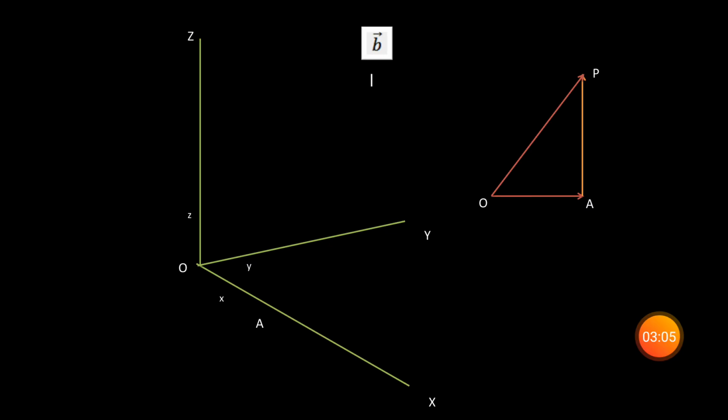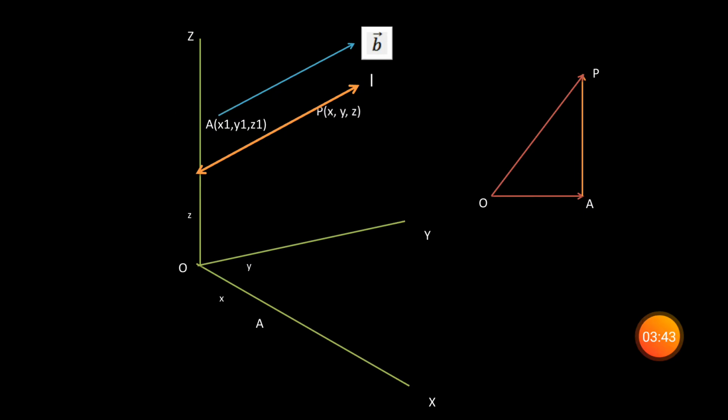So what is given to you? You want to write the equation of a line in 3D that is parallel to a given vector. So first of all, a line we are going to consider, that is L, and as it is given that it is parallel to a vector, we are going to consider a vector B, and its components are B1, B2 and B3. And they have said one more thing, that this line passes through a point. So let us consider the point as A, and the coordinates of A are x1, y1 and z1.